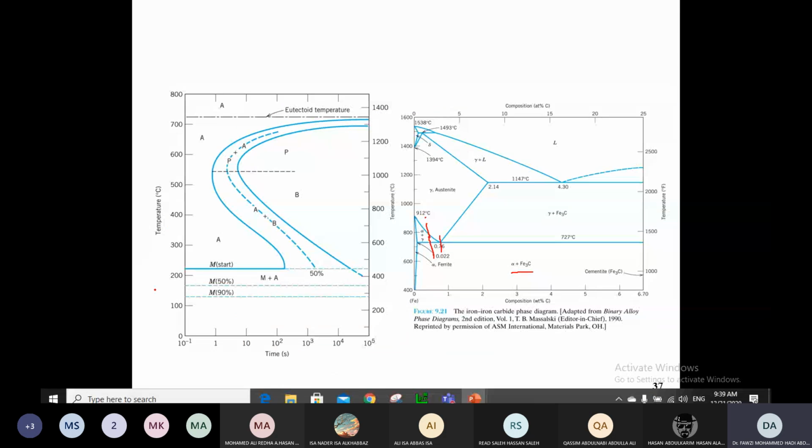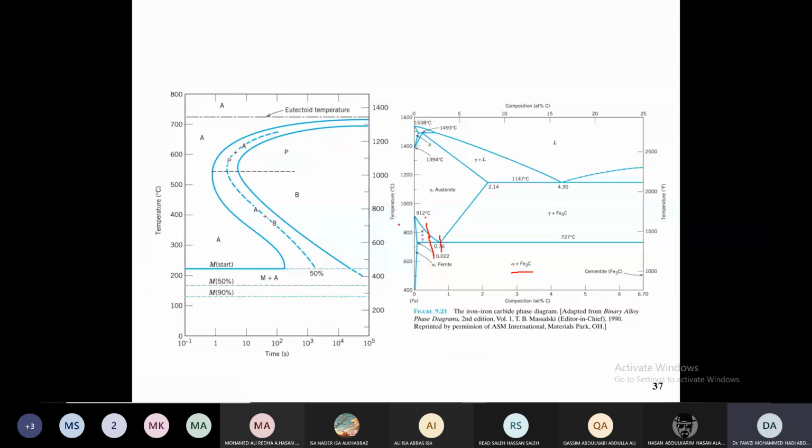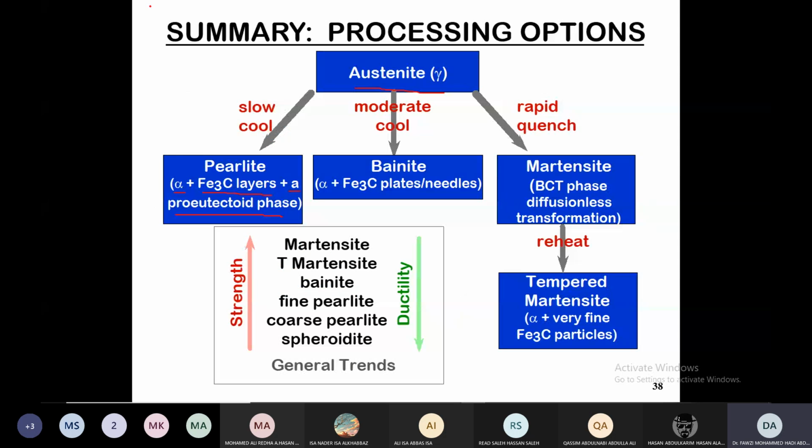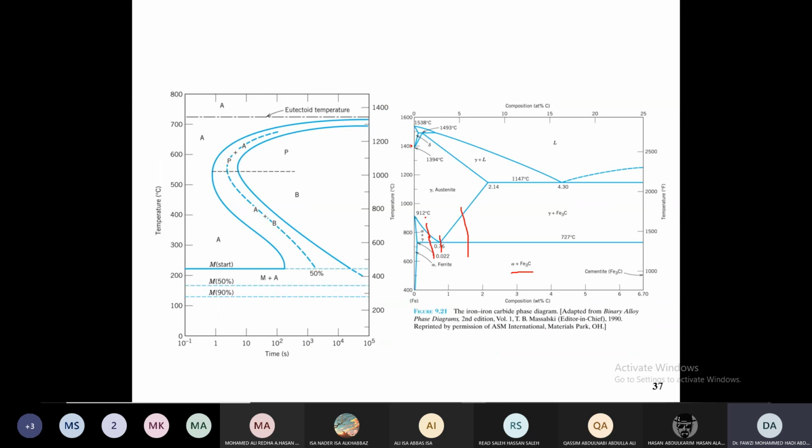This pro-eutectoid phase could be the pro-eutectoid alpha that you produce there, or it could be pro-eutectoid cementite, which develops if you are cooling from that area. If we are looking at the development of the eutectoid microstructures there, and if we moderately cool, not slowly cool, if we moderately cool,